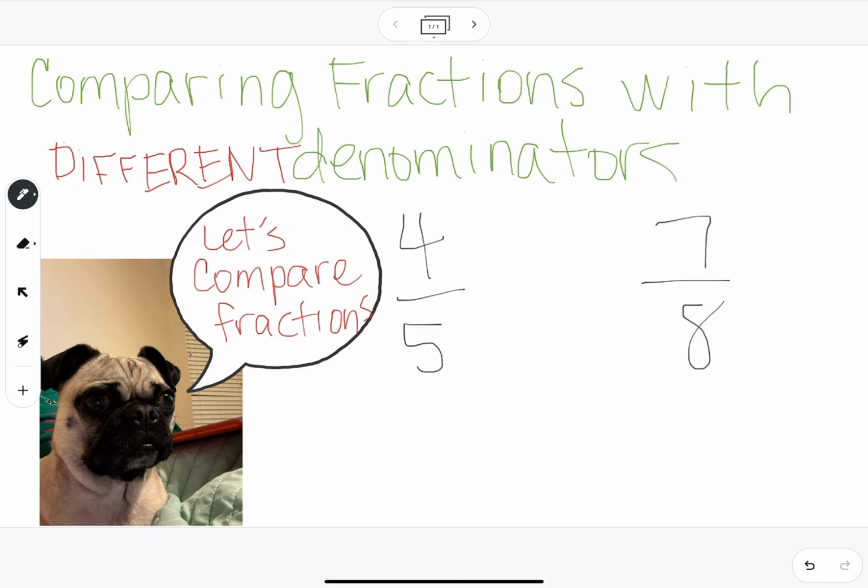So what we have to do now, the first approach we'll take is getting a common denominator. To do that, we will multiply each fraction by the other denominator. So let's do 8. We're going to multiply 4/5 times 8 over 8, and then we will multiply 7/8 times 5